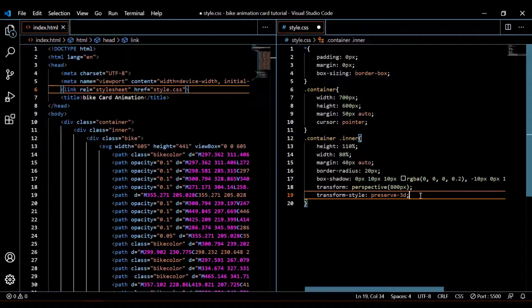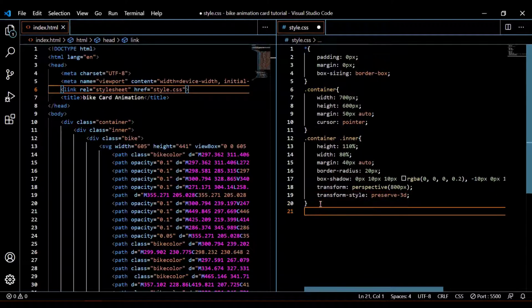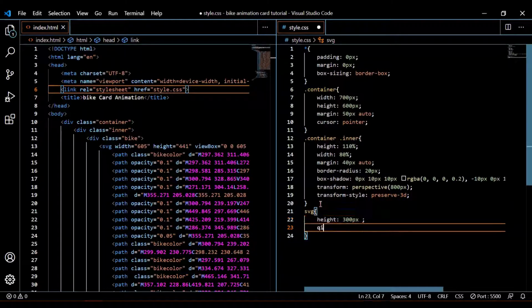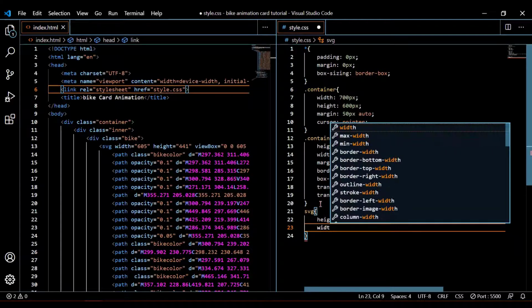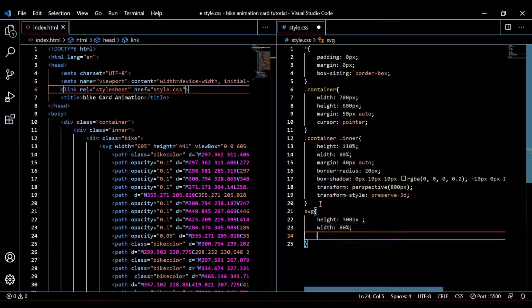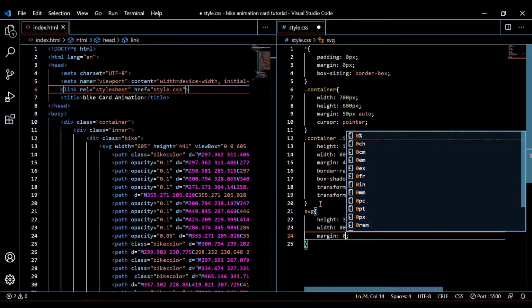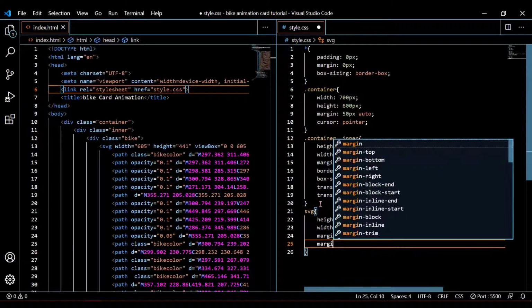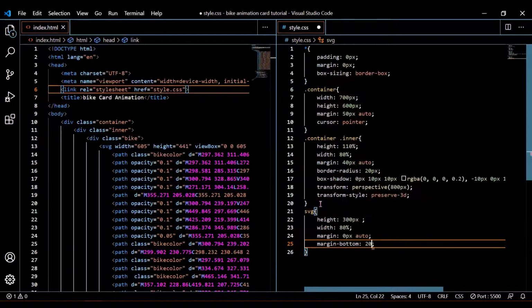So after that we are going to style the SVG tag. For the SVG tag I am going to give it a height of 300 pixel, a width of 80%, margin of 0 pixel and auto, and then margin bottom 20 pixel and then transition all 0.5 second.